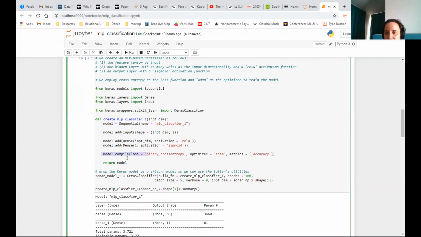That means that you say to the library, create the internal structures in order to define the model. You can also describe, in order to train it, what is the loss function that you are going to use. We're going to use binary cross entropy, as we discussed. The optimizer is Adam, which is a variation of the